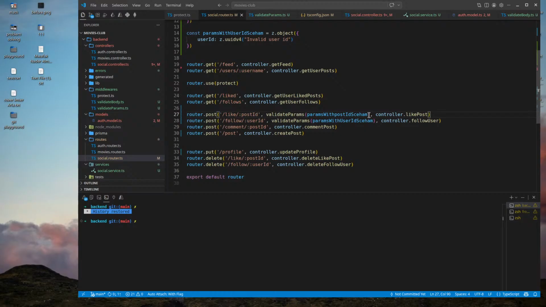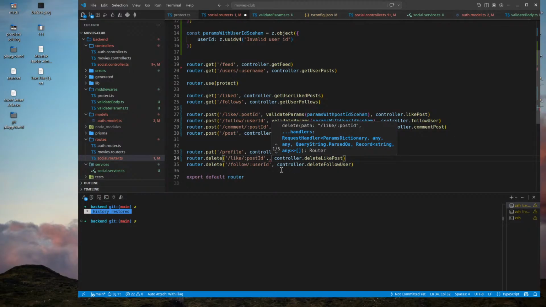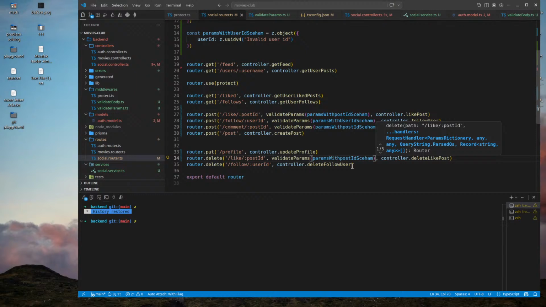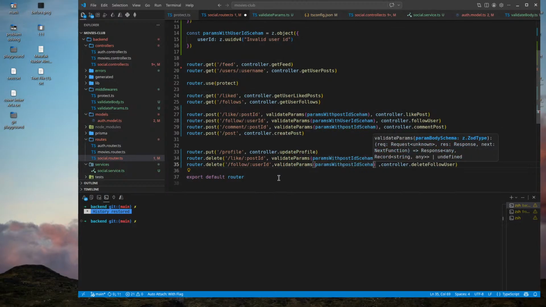Now here we will take this line again. We have a comma here, we have this guy, and then create post. We have no params. Here we need the post ID again, params with post ID, and here we need a user ID, so params with user ID schema.